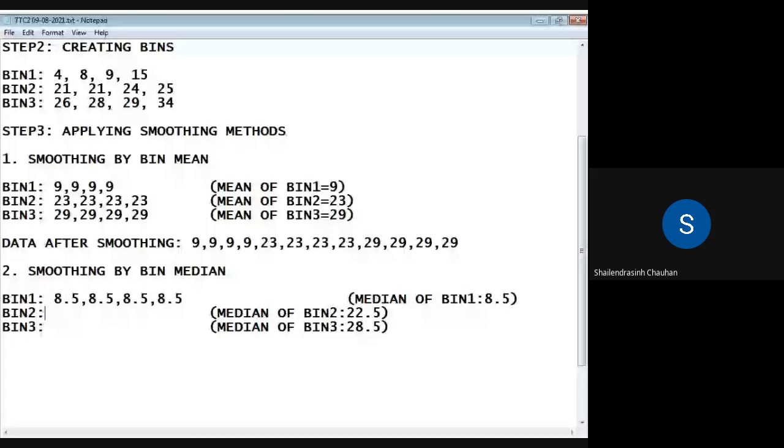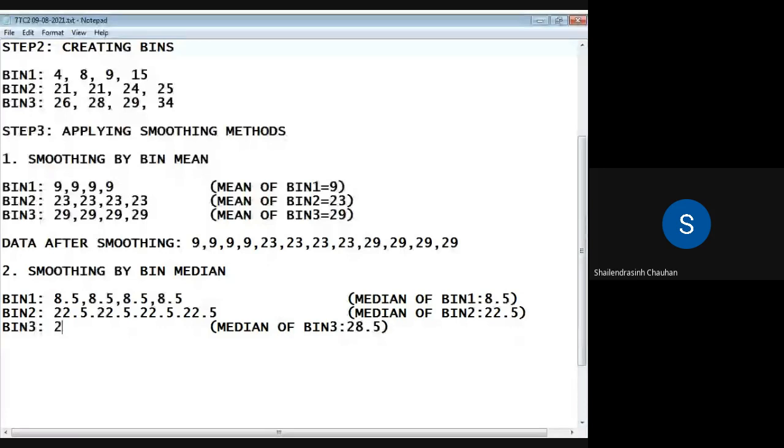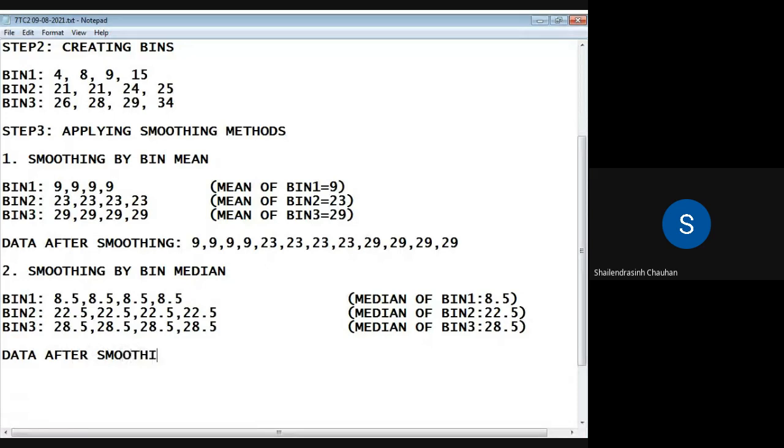And here you're going to replace with the median. This is smoothing by bin median, and the data after smoothing will be